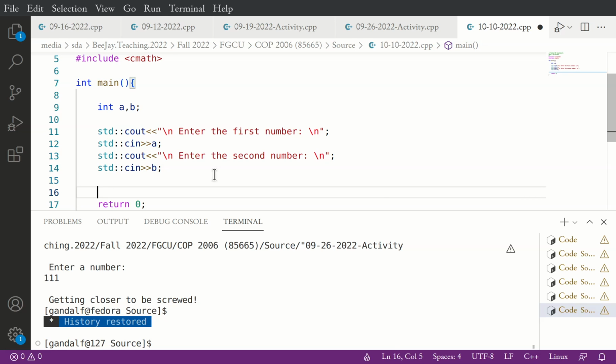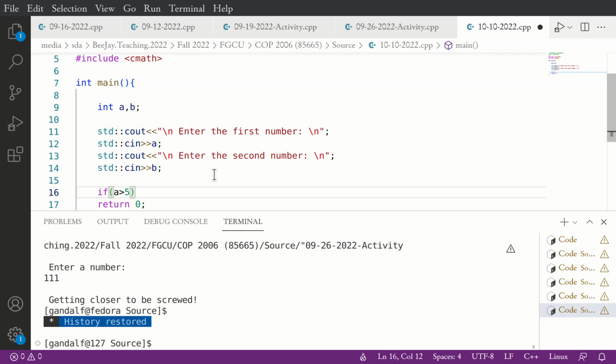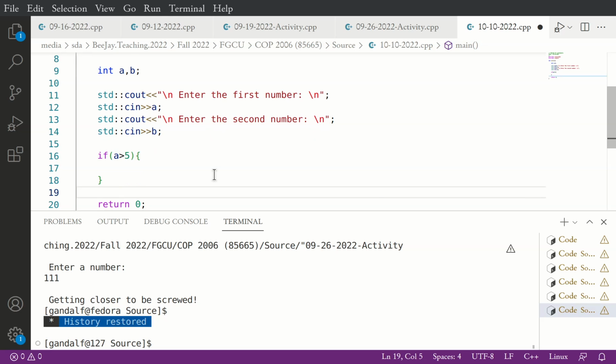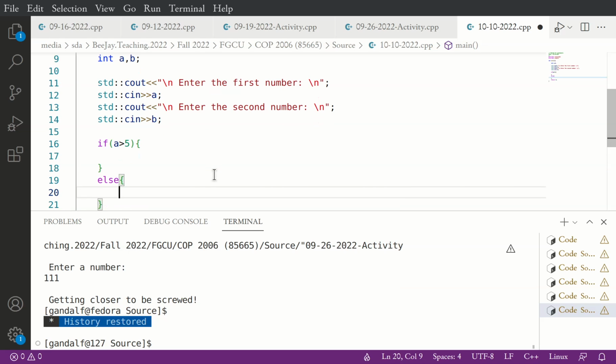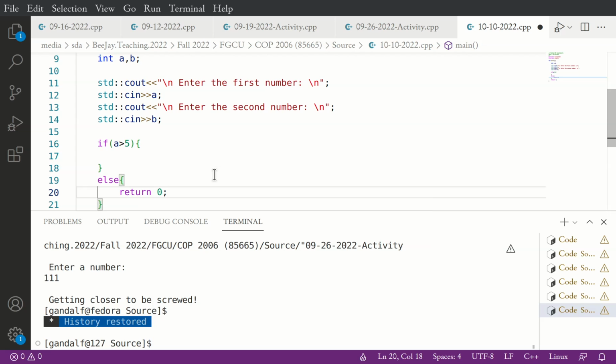So if the number a is greater than 5, then I'm going to perform an operation, but we will get to that later. Else, if it doesn't pass the condition a greater than 5, we simply